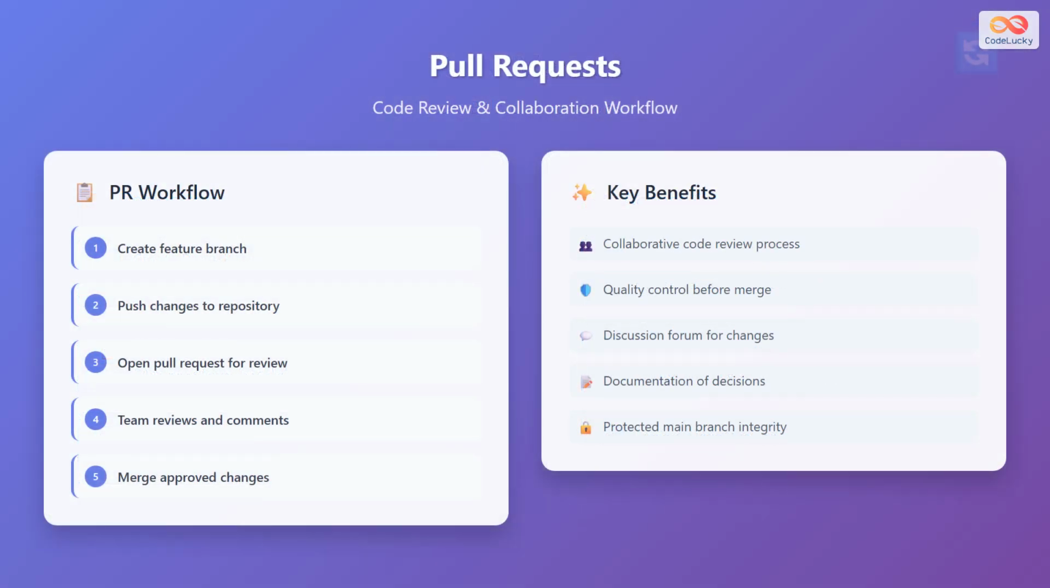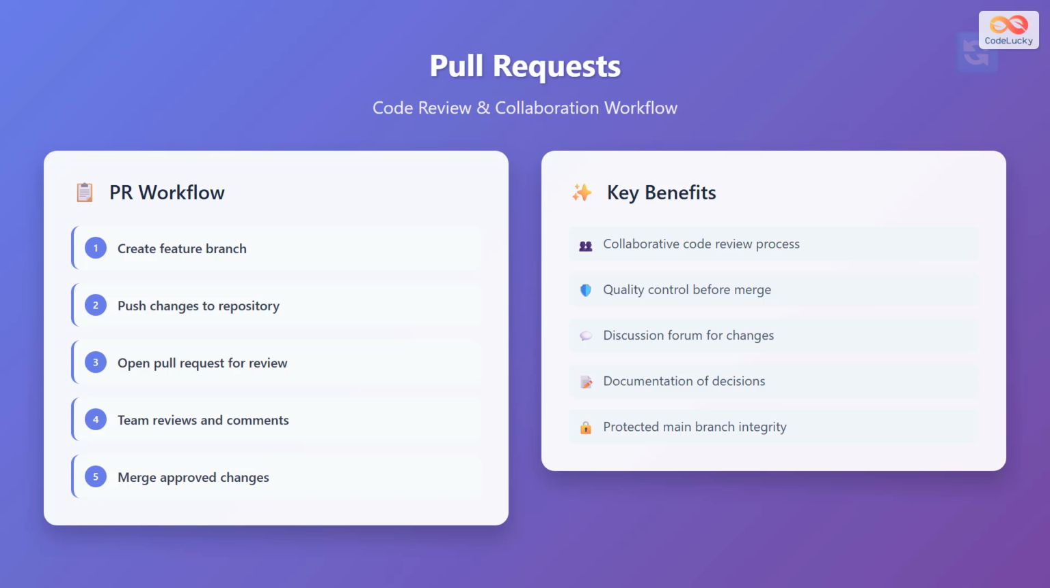Pull requests represent the heart of collaborative development in Bitbucket and are a favorite topic in technical interviews. The pull request workflow begins when a developer creates a feature branch to work on specific changes or new features. After implementing the changes, they push the branch to the repository and open a pull request for review. This initiates a collaborative process where team members can review the code, provide feedback, and suggest improvements through comments and